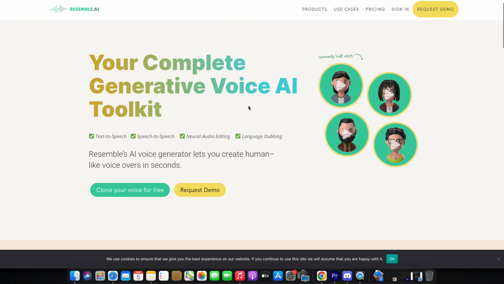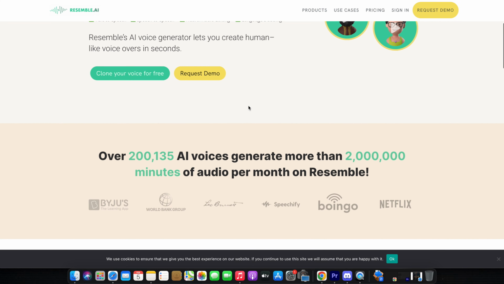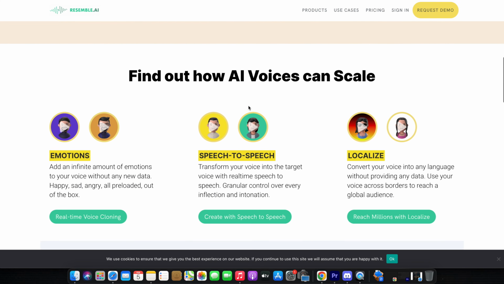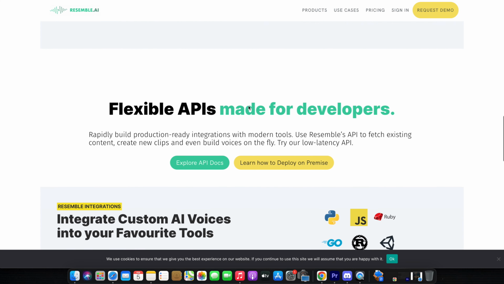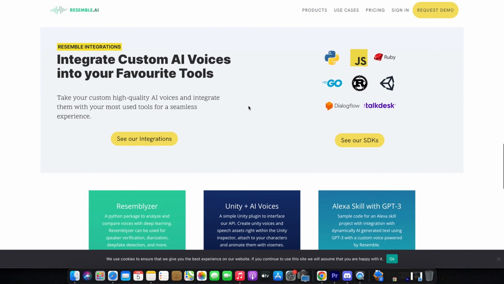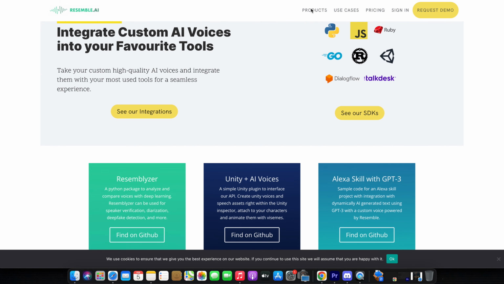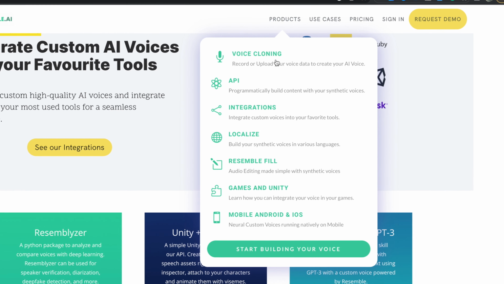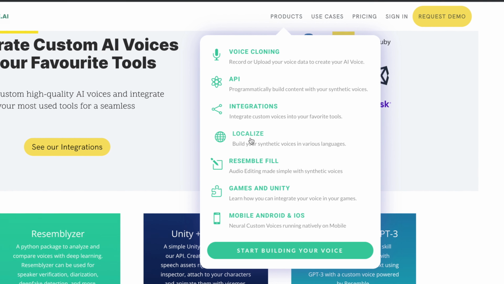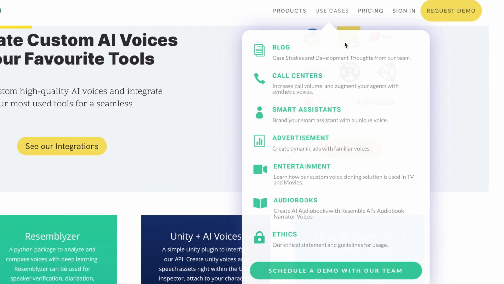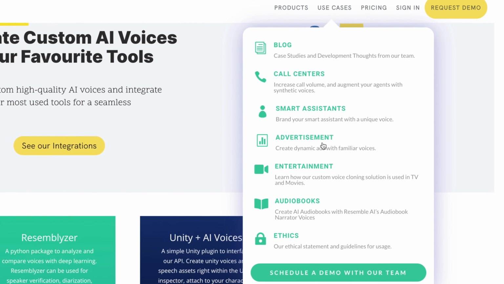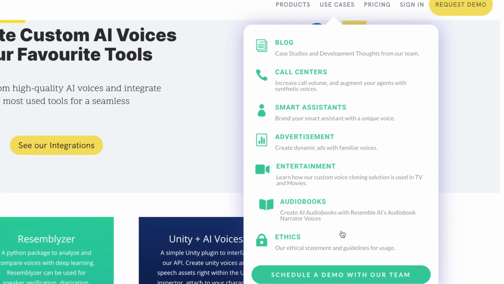Resemble AI is a voice cloning platform that uses machine learning and AI to generate realistic human-like voices. Users can record their voice on the platform and give permission for it to be used in future projects. The platform provides developers, filmmakers, and voice artists with an easy way to create lifelike voiceovers for use in virtual assistants, video games, and animation projects.